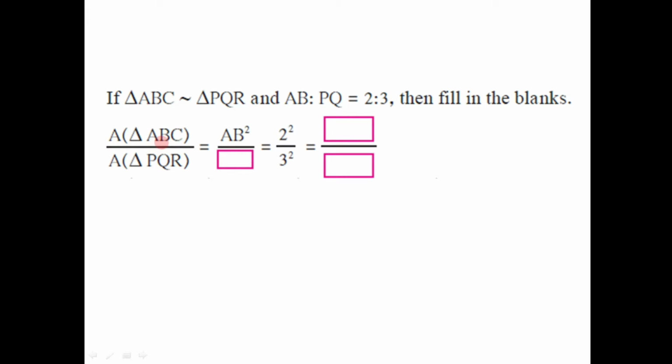So by using the theorem of areas of similar triangles, we can write area of triangle ABC divided by area of triangle PQR is equal to AB square divided by, now we have to take the corresponding side of AB of triangle PQR. As we have taken side AB, that is the first and the second vertex, we have to collect the first and the second vertex of triangle PQR, which is PQ, the corresponding side of AB. So in the denominator we should write PQ square, as area of triangle ABC divided by area of triangle PQR is equal to AB square divided by PQ square.